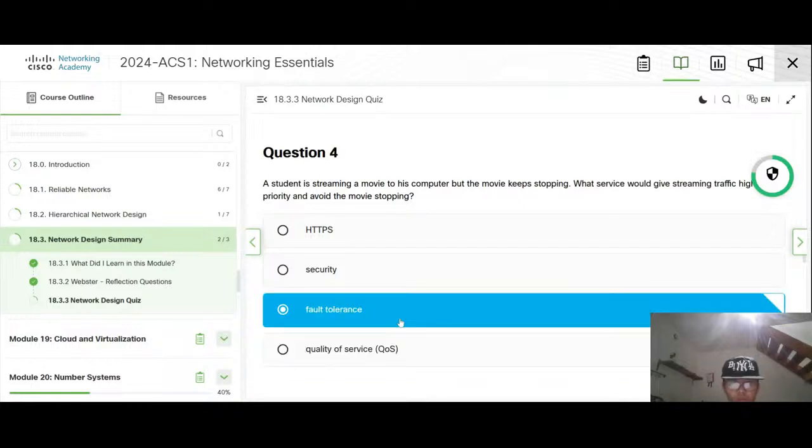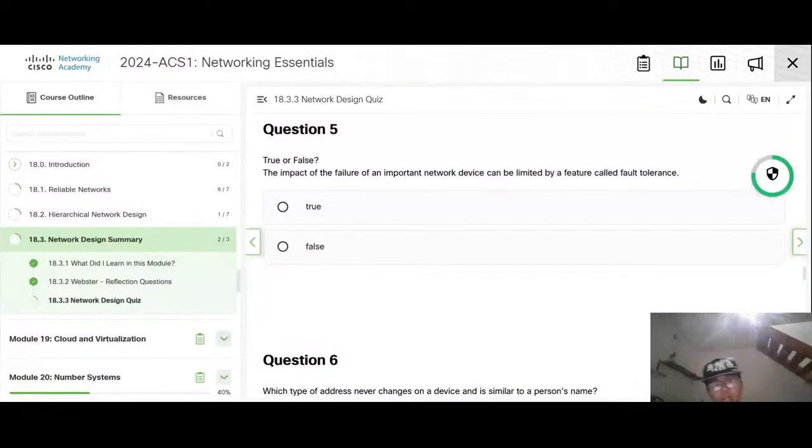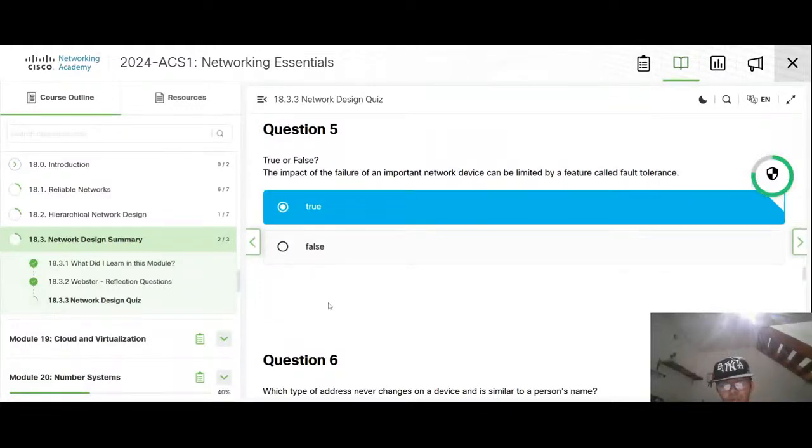Streaming fault tolerance. You can make things strong, it will still work. Yeah, true or false. Yeah, this was true.